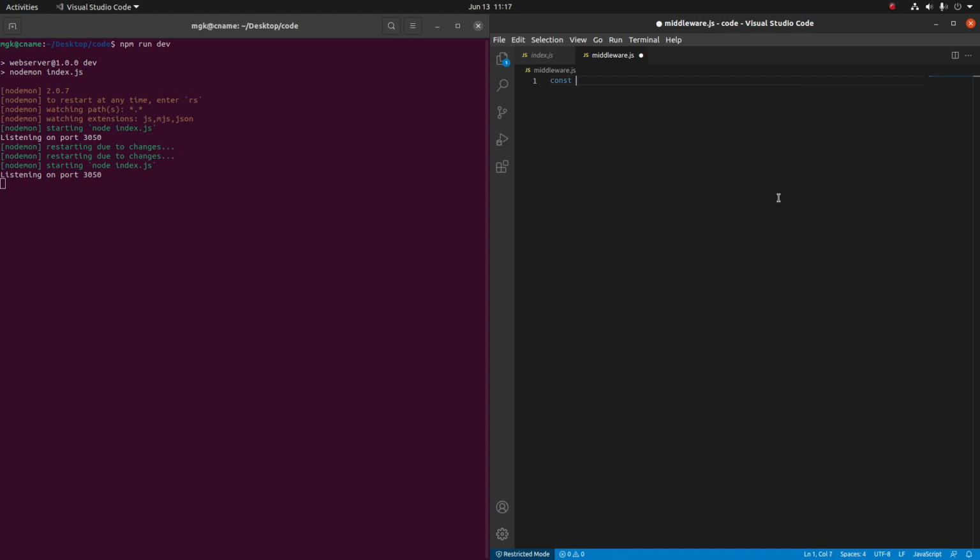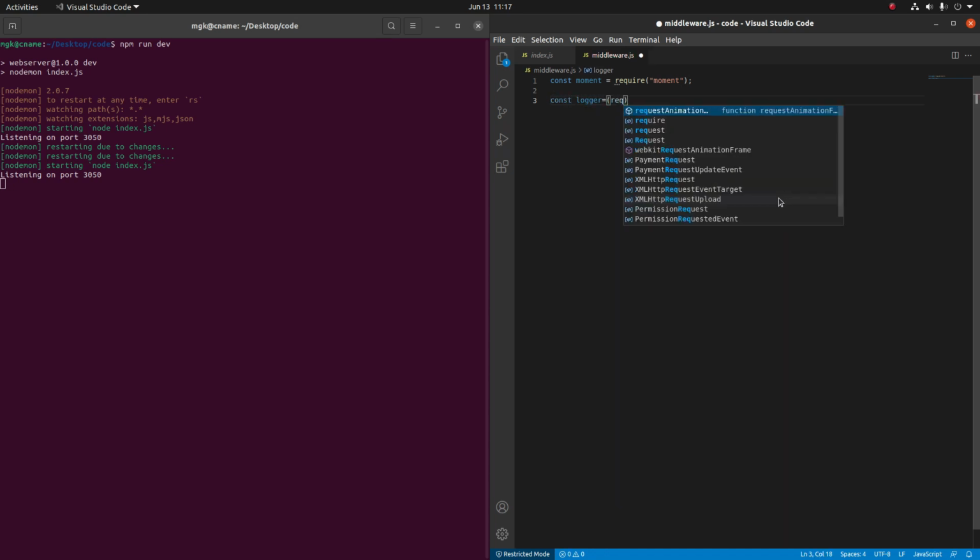So we'll be requiring a few imports. It will be moment, require moment. This moment will help in logging out the time. So let us see how we are doing. A function we'll define as logger.